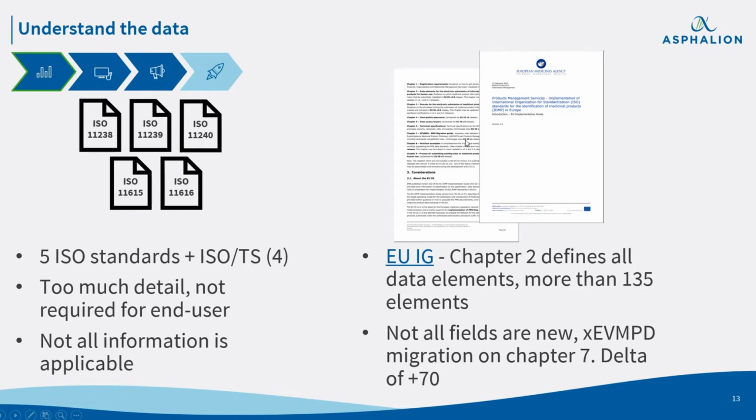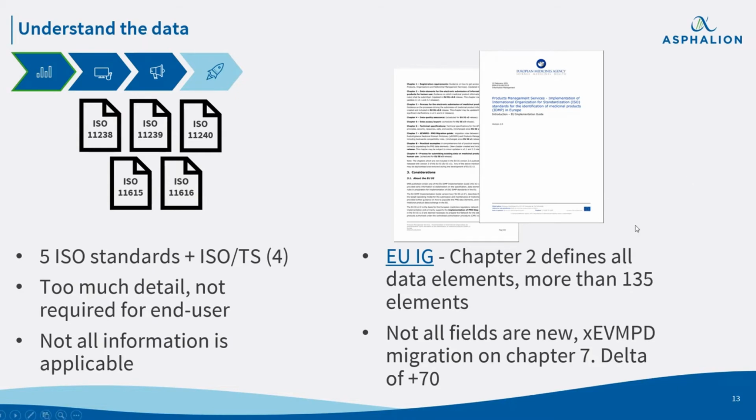This is why we have the European implementation guidance. EMA had to take those ISO standards and prepare a guidance on how they translate in Europe. In this guidance is where we can get the understanding of what information needs to be reported, how, and when; all the transition is covered. There will be further updates with clarifications, but since version 2.0 was released in February, as I mentioned before, we have most of the information that we need, at least for starting the project.